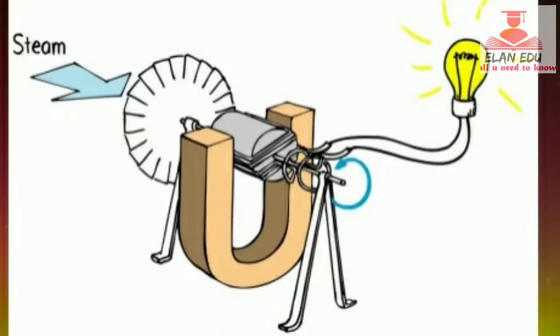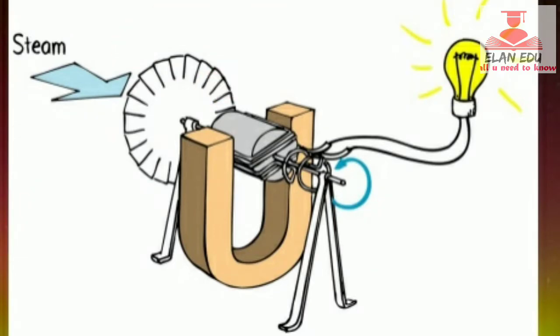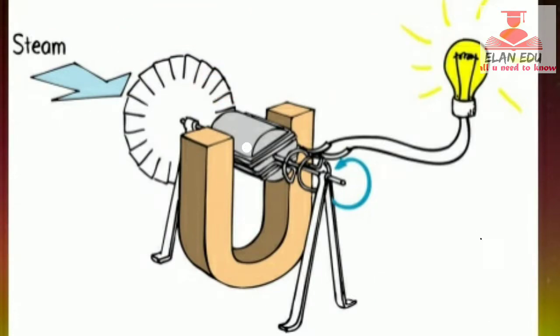Now let us learn about the production of current by the use of a generator. The generator has input from a stream of water, turbines or windmills, which causes the armature to rotate in the generator. Thus, an alternating current will be produced by the generator, which helps to glow the light.